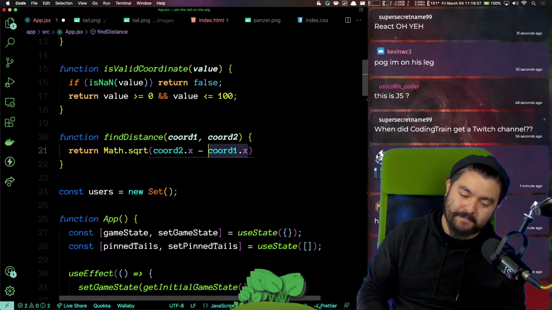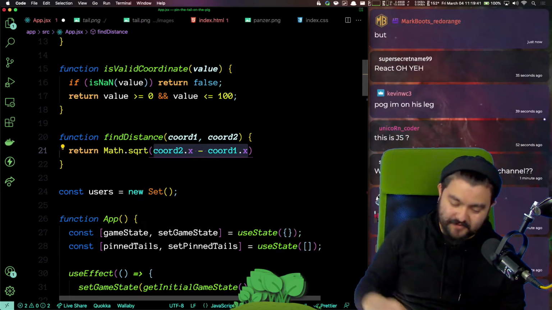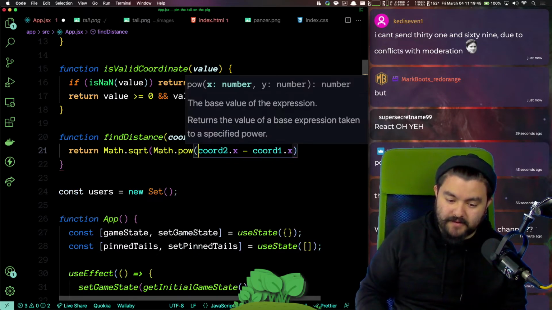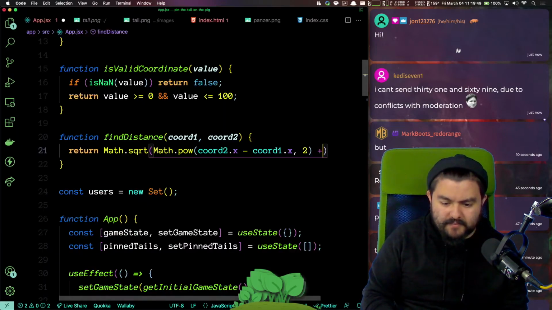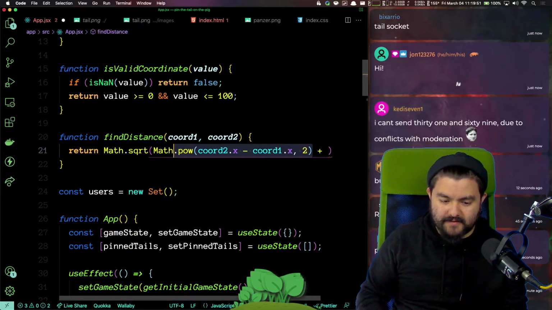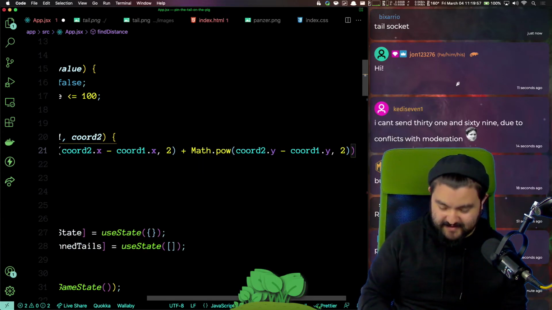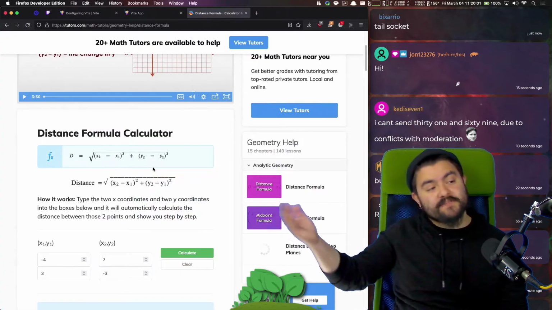So we want x2 coordinate, his x1 coordinate squared. So we're gonna pow it, math.pow of that and 2. And we want that plus the same thing for y. So that's gonna give us the distance.